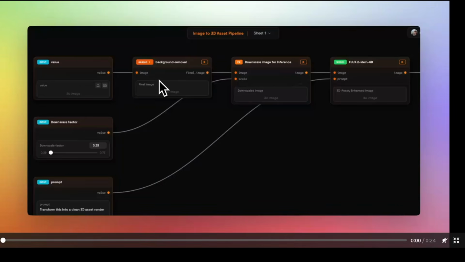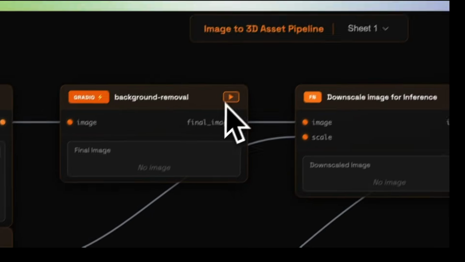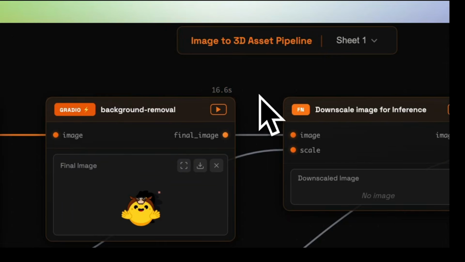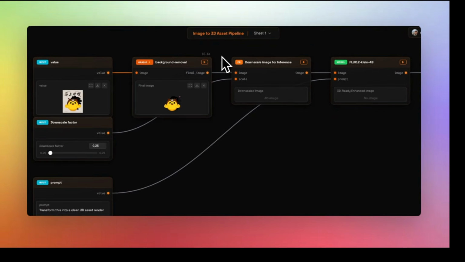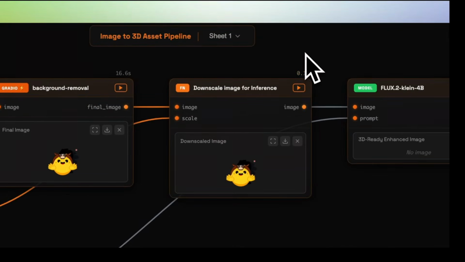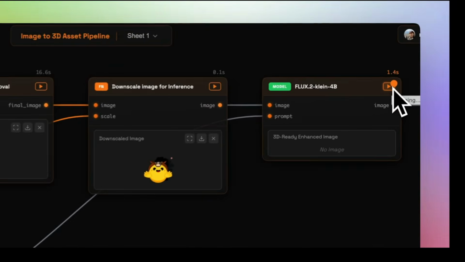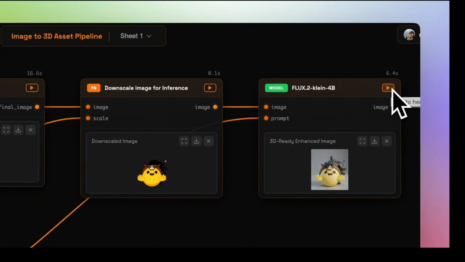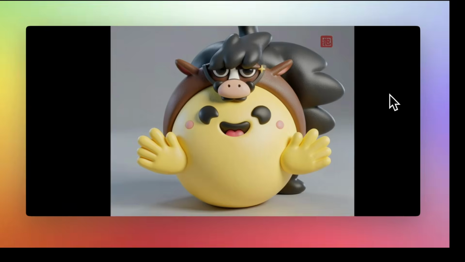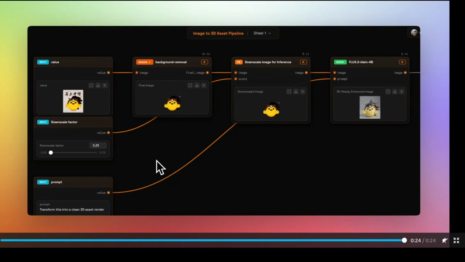Building serious AI applications often means chaining multiple models together, like generating an image, removing its background, and then converting it into 3D. The problem? When step 3 fails in your 5-step pipeline, you have to rerun everything from scratch just to debug. You lose track of intermediate outputs, cannot easily swap models, and end up with fragile scripts that are a nightmare